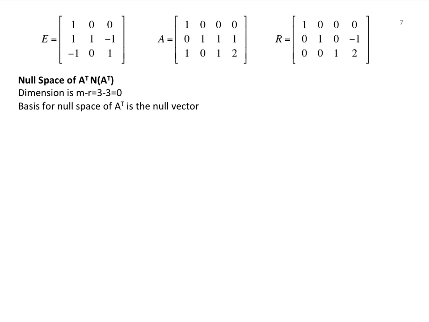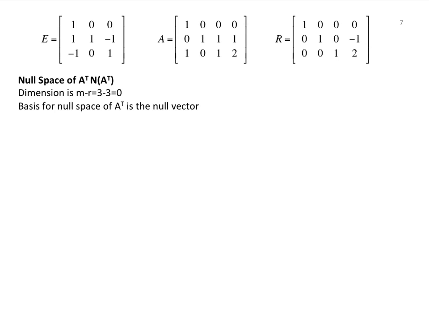Okay, and then we have the null space of A transpose. Again, that would be the rows of E that correspond to zero rows in R. We have no zero rows, and so it is just the null vector. The other way to get at that concept is that